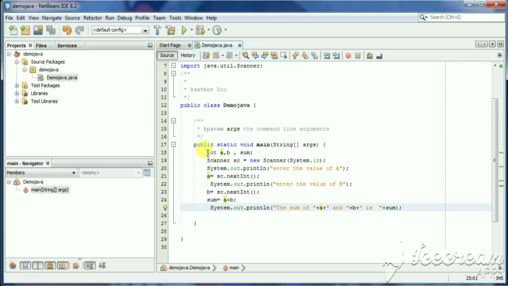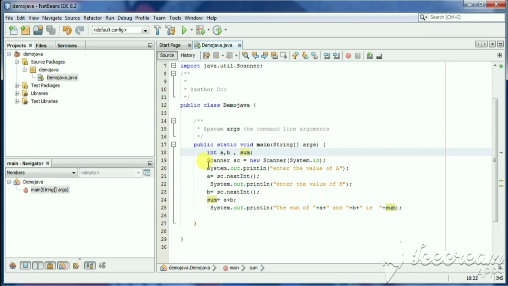Here is int, called integer, which is the data type, which has two variables, a and b, and the third one is sum. In a and b, we are going to enter two values, and in the third variable, that is sum, we will save the addition of these two numbers.